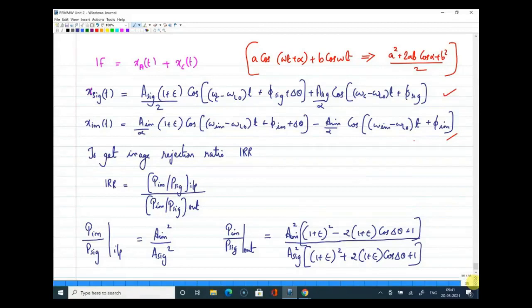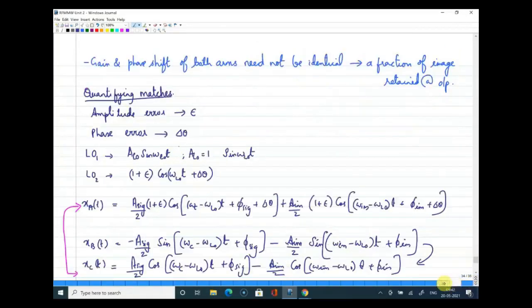Yes, Lalit, you can unmute, please. Sir, yeah, I understood the explanation. And what about epsilon? Because epsilon will only increase the amplitude if it is positive, and decrease it by a little amount if it's negative. How does that affect our receiving capability? It just minutely distorts the signal, right? It's not some very big change.